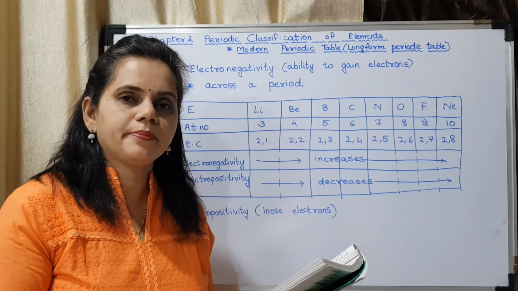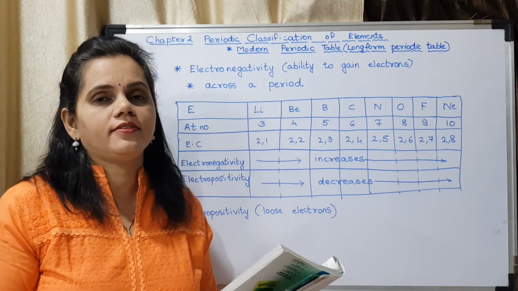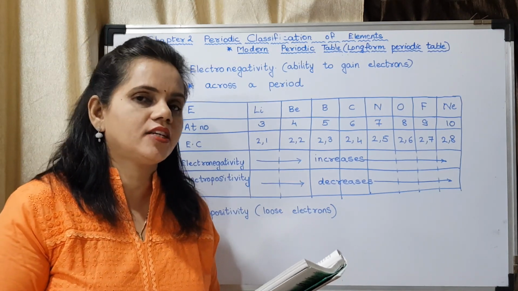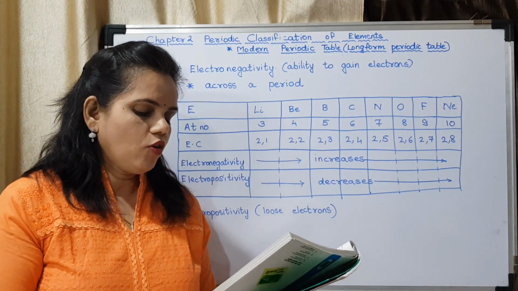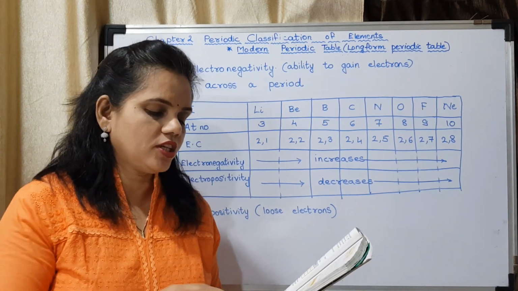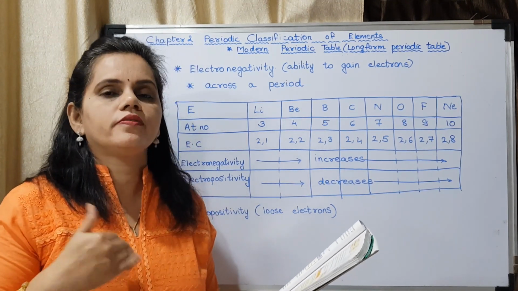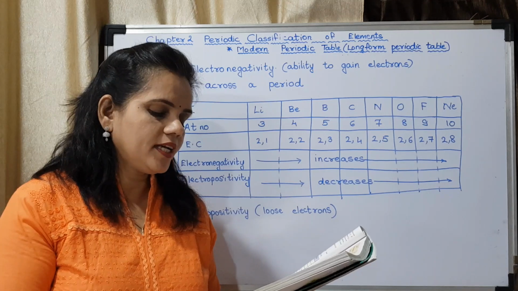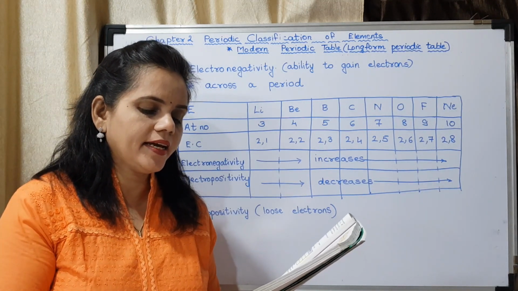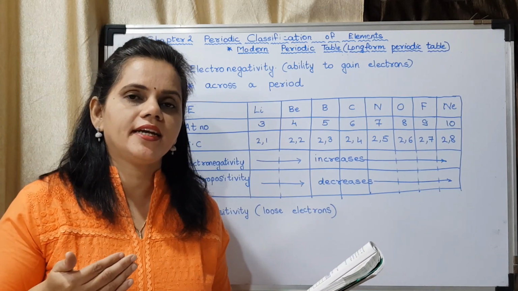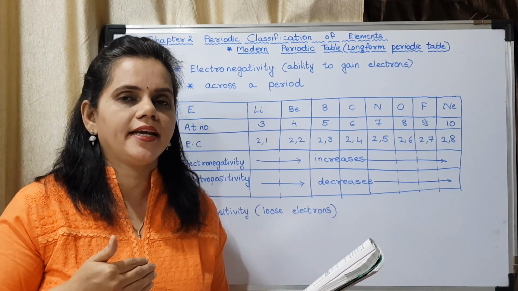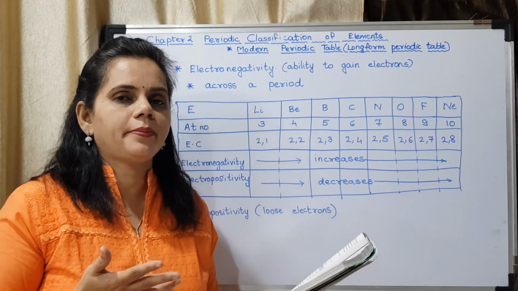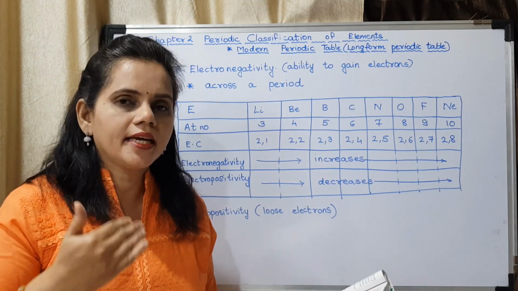Which of the above elements have the biggest and smallest atom? Cesium is the biggest and lithium you have to answer as smallest because hydrogen has a special property. Even if you write hydrogen, they shouldn't cut the marks. They haven't given hydrogen here, so lithium is the smallest. Cesium is the biggest and lithium is the smallest. What is the periodic trend observed in the variation of atomic radii down a group? Down a group, the atomic radii decreases. Is it correct? No, it increases. What happens to atomic radii down a group? It increases.